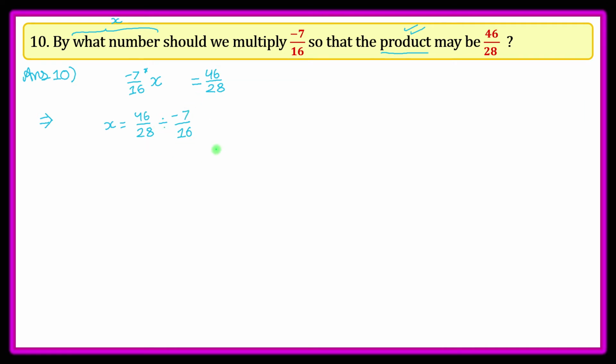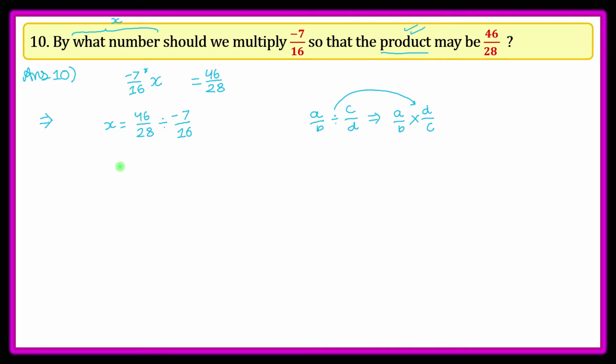Okay my friends, so this would be the equation. Now, as I told you, when we divide any rational number by another rational number, we take the reciprocal of the second rational number. That is c upon d; we take the reciprocal, d upon c. Then we change the division sign into a multiplication sign, and a upon b stays as it is. So a upon b divided by c upon d equals a upon b into d upon c. This is the rule here.